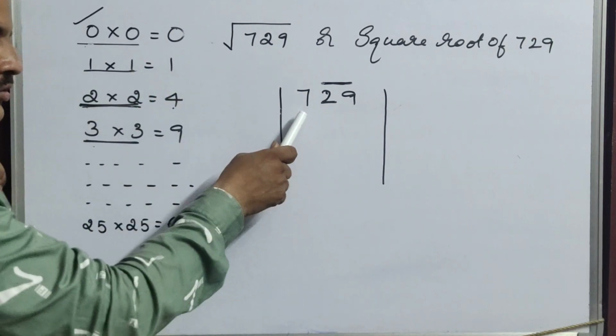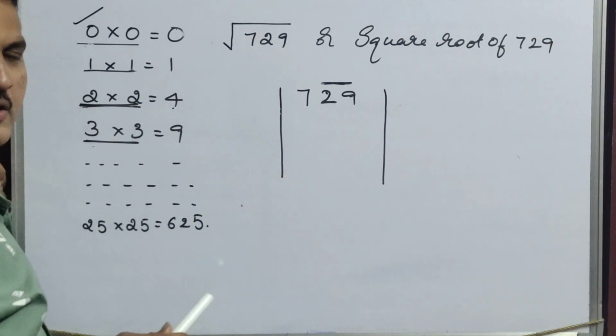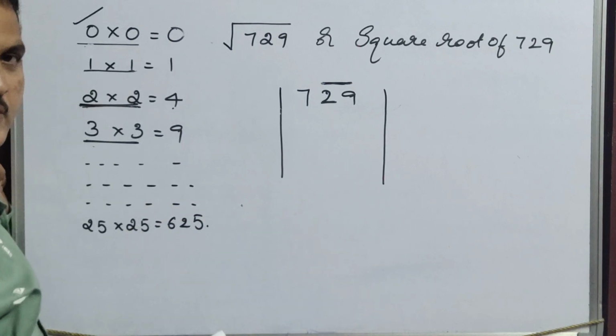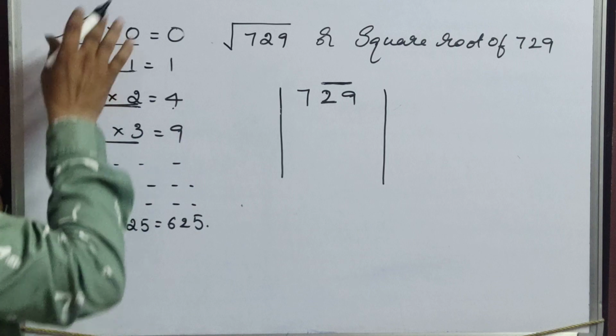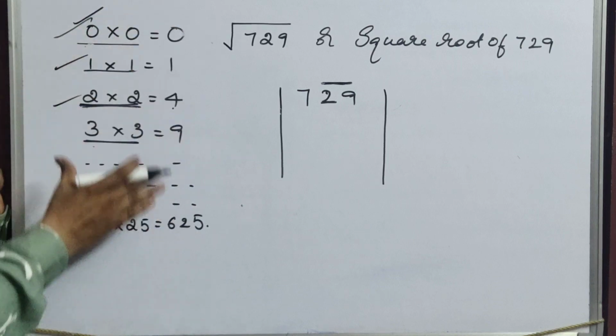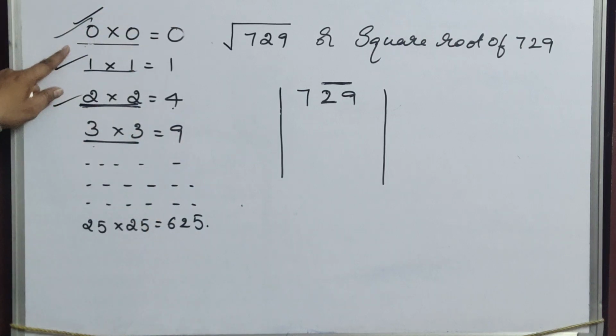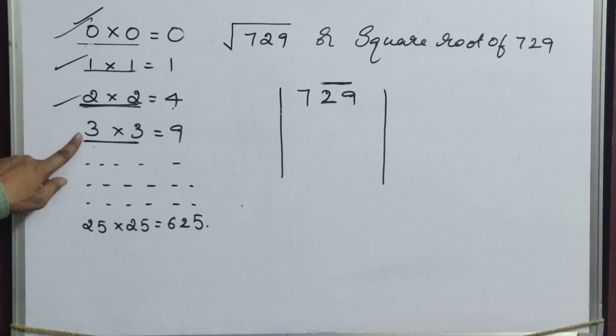7. Now don't go with 1 7s are 7 or 7 1s are 7 like that. I told, only use these square root tables. Only these tables we have to use. 0 0s are 0, 1 1s are 1, 2 2s are 4, 3 3s are 9, 4 4s are 16. Only those tables we have to read.